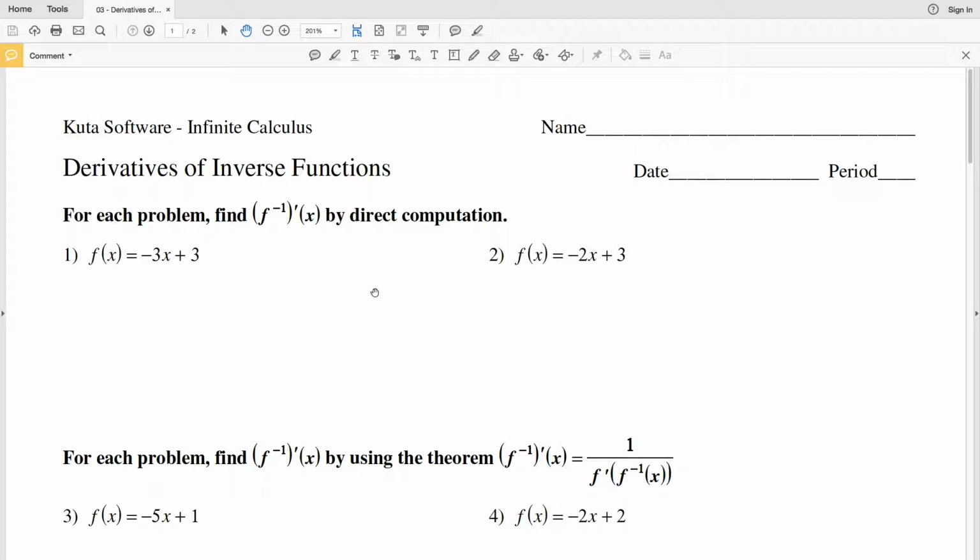In this video, we're going to go over the answers for the KutaSoftware Infinite Calculus free worksheet, Derivatives of Inverse